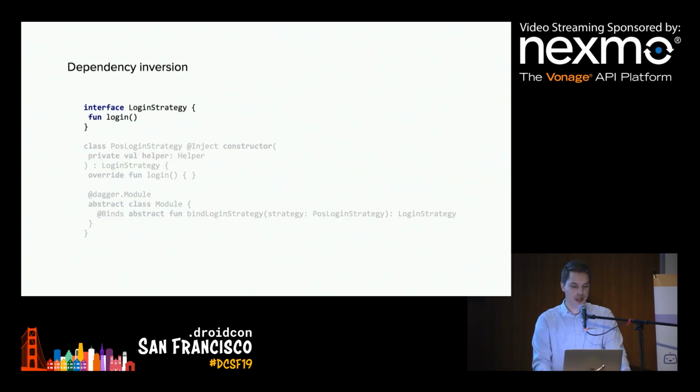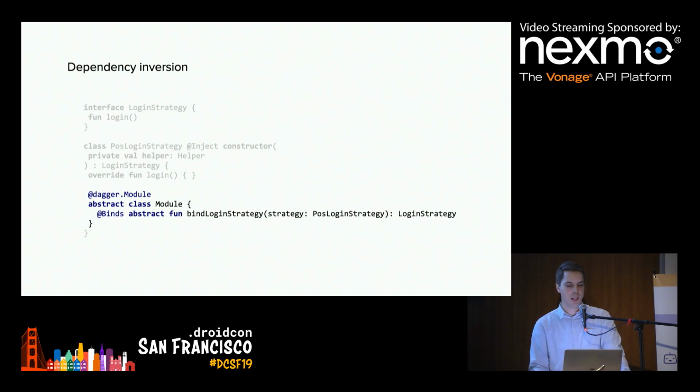We have this LoginStrategy interface. We have the concrete implementation, PostLoginStrategy, nothing special there. And I've seen this pattern quite a lot at Square, where we put this Dagger module right next to the implementation because it makes it easy to use. I later just have to include this module somewhere, and then I don't have to worry about the concrete implementation anymore. But I really dislike this pattern, and it caused a lot of problems for us,